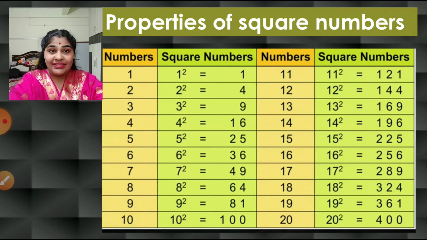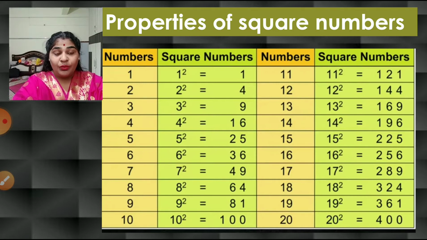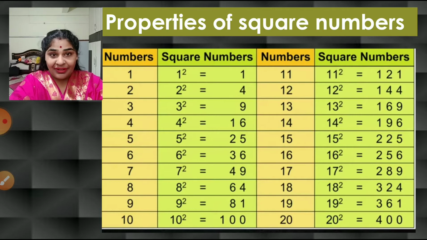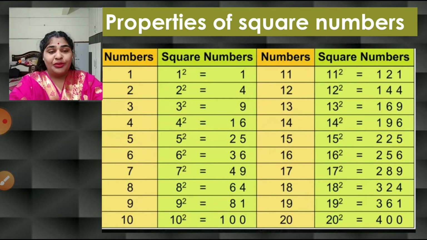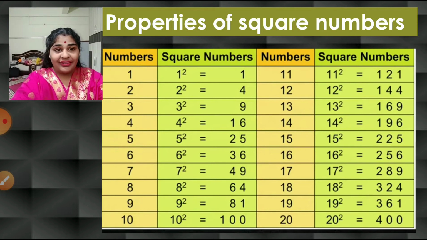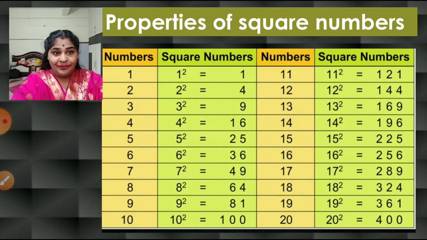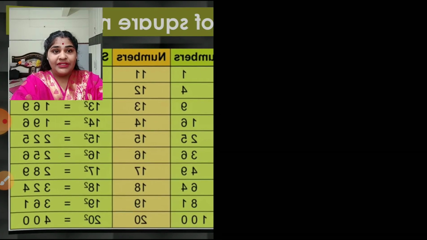So now let me brief you about some properties of square numbers, children. Let me tell you one thing: these properties you are not going to memorize. This is only for your understanding and knowledge. So no need to learn by heart or memorize these properties. You can see here a few numbers and their squares from 1 to 20. Now if we observe,